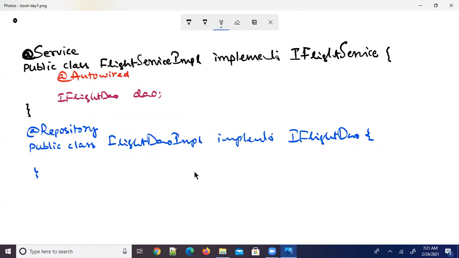Say for example, the class name is FlightDaoImpl1. Clear, everyone? Next, again I am writing @Repository.